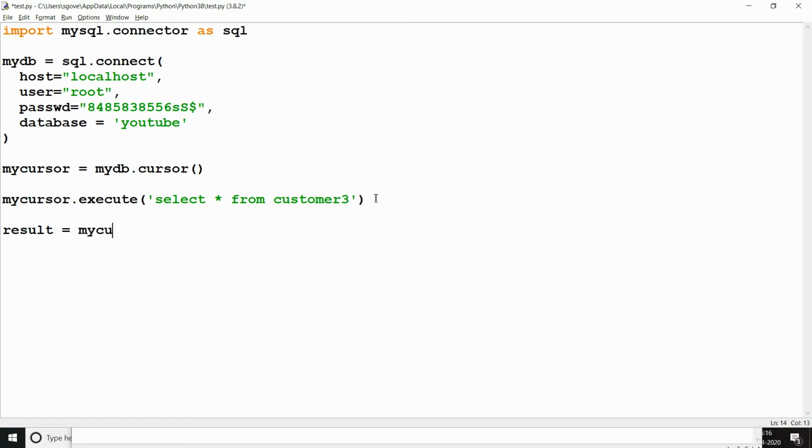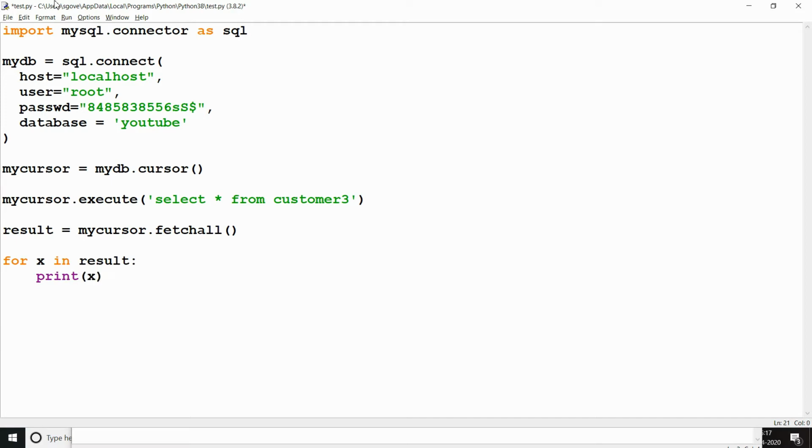I will work on the mycursor object, because the cursor is established as an object of the mydb connection here. On the mycursor object we will use the fetchall method, which will fetch all the records that are lying there and store everything in result. This result is a form of list or tuple that can store data. To go through this result, we'll initialize a for loop: for x in result, print the value of x.